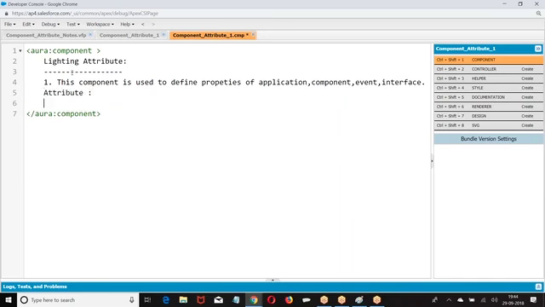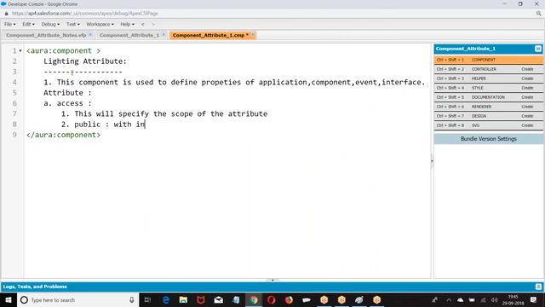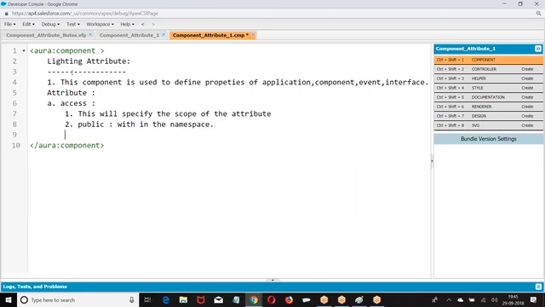Attributes: what are the attributes? Access. This will specify the scope. Public: within the namespace. Global: within the namespace and outside the namespace.